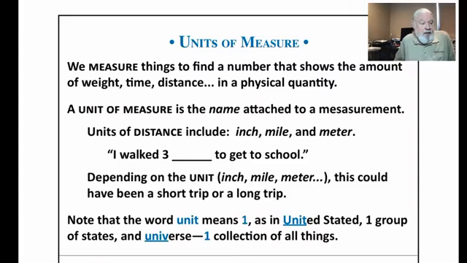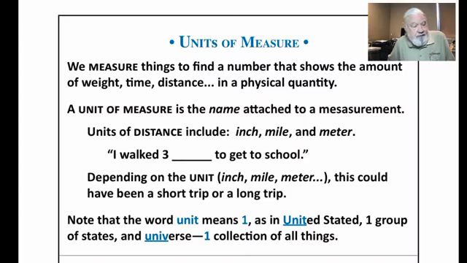Now, in the process of measuring things, we're going to come up with a number, and we're also going to come up with what we call a unit of measure, that is to say, a name. So units of measure for distance include things like, as I mentioned earlier, inches, could be meters, miles. And let's get a little perspective on why these units of measure are so important, and that we be very specific about how we say them.